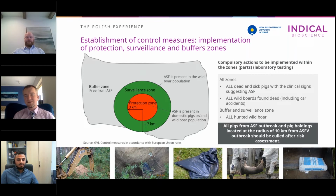All dead and sick pigs with clinical signs should be tested for African swine fever to exclude infection with the virus. All wild boar found dead, especially, should be tested for African swine fever virus. And this is the most important and the first alert of the potential introduction of the virus to a previously free